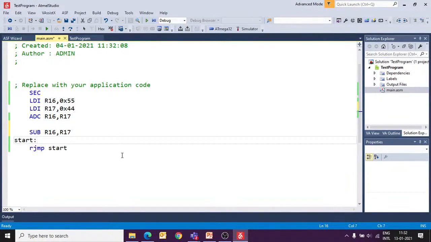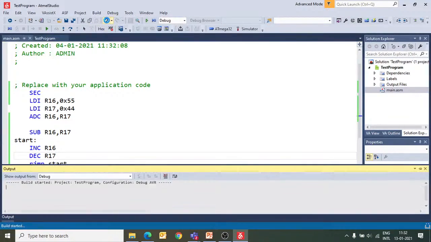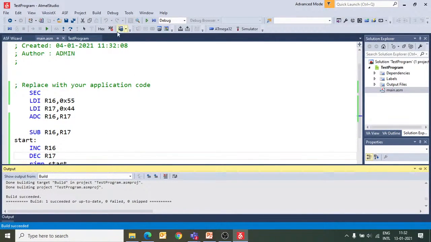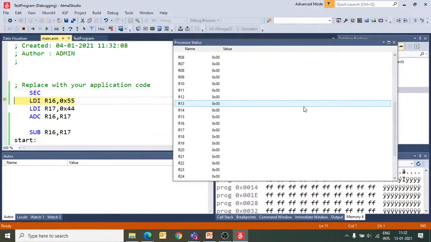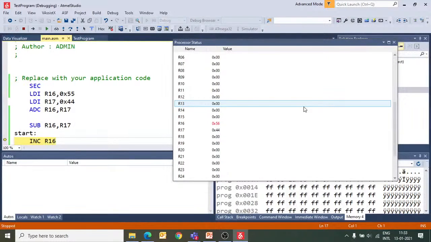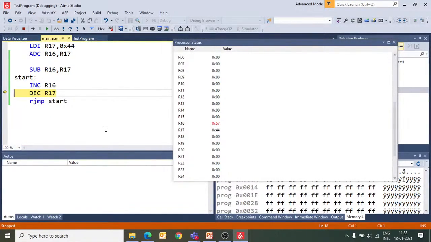I will modify this program. I will increment R16 and decrement R17, and let's see what happens after execution of all these instructions. I will build this program again so that the modification is implemented. Let's run this program. Initial values after execution of all these instructions are 56 and 44. Now when I increment R16, it becomes 57. And when I decrement R17, which is presently 44,